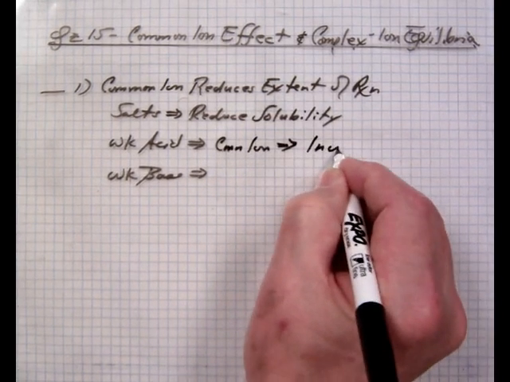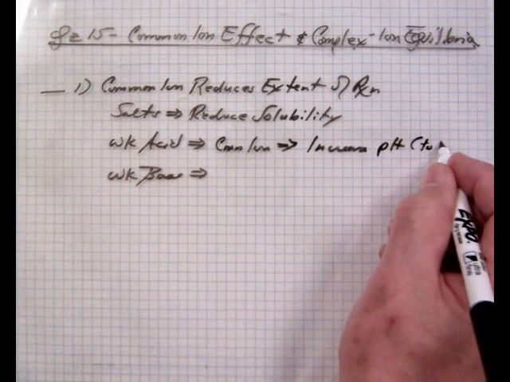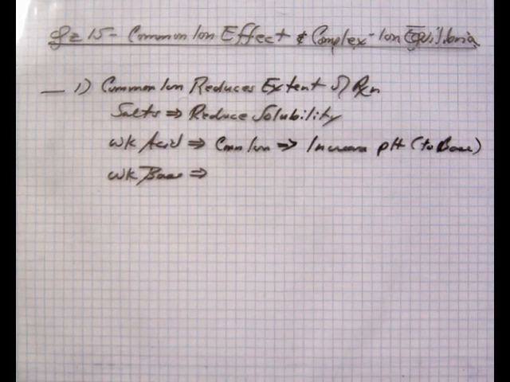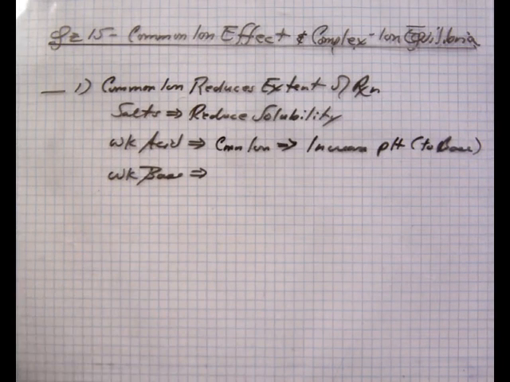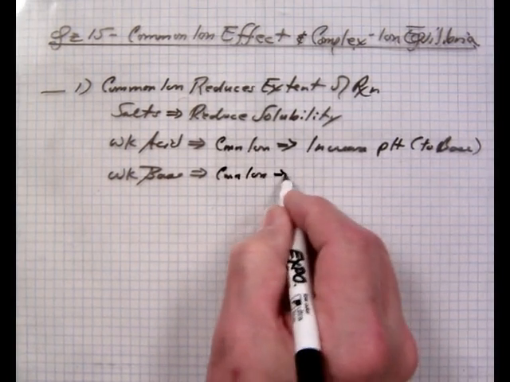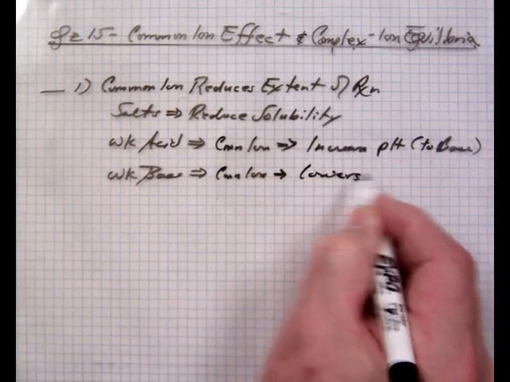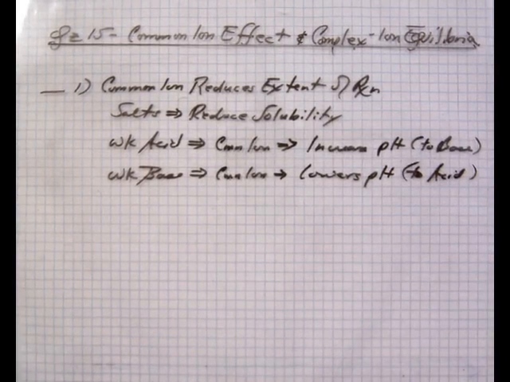functions to increase pH toward the base range, basic direction. And same way with a base, it would inhibit the amount of hydroxides delivered into the solution, and so it wouldn't be so basic. In other words, it wouldn't be so high, so it would lower the pH. So common ion lowers pH toward the acid range. And